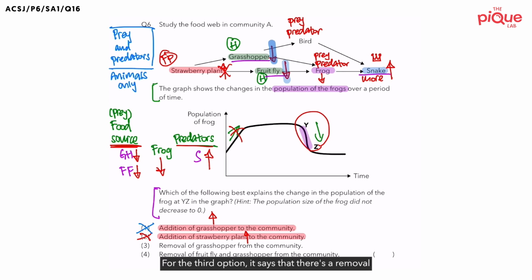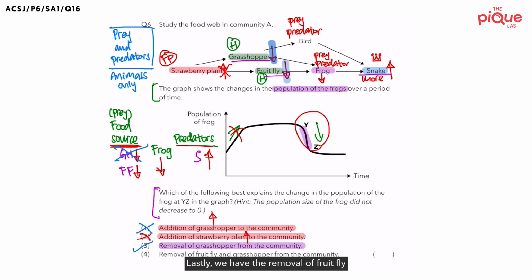For the third option, it says that there's a removal of grasshopper from the community. If I were to remove the grasshopper from the community, will the frogs now have more food or less food to feed on? The frogs will have less food to feed on. So some of the frogs will go hungry and starve to death, causing their population to decrease. Thus, the removal of grasshoppers will definitely cause the population of frogs to decrease, which means option 3 is a